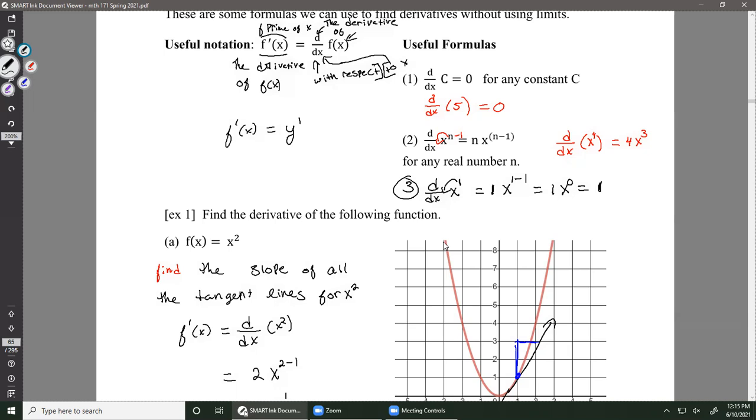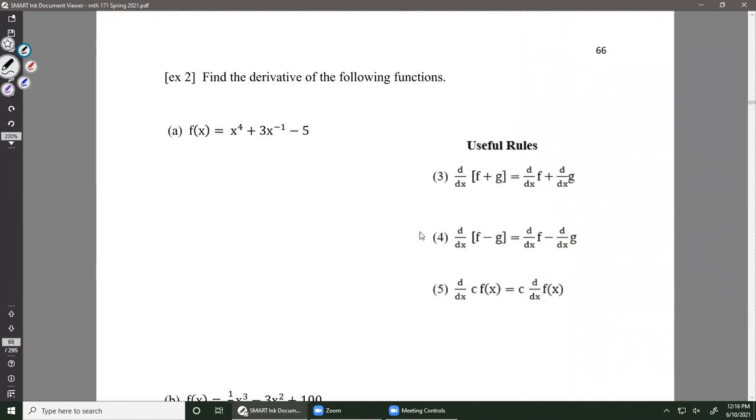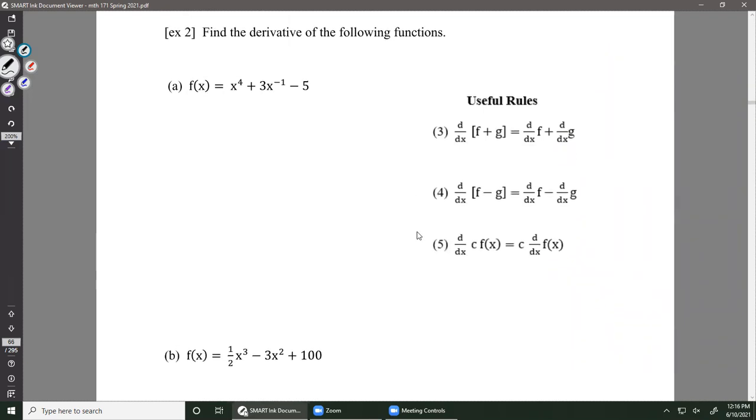All right, questions so far? All right. Example 2 says find the derivative of the following functions. And we have f of x equals x to the 4th plus 3x to the negative 1 minus 5. And we have some more useful rules. We have that d dx of f plus g is really the derivative of f plus the derivative of g. All this is saying is if we have a polynomial,